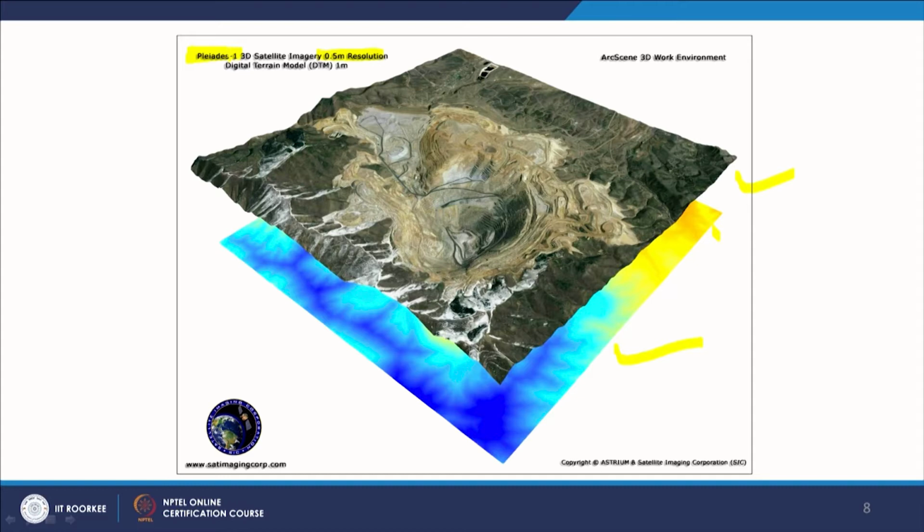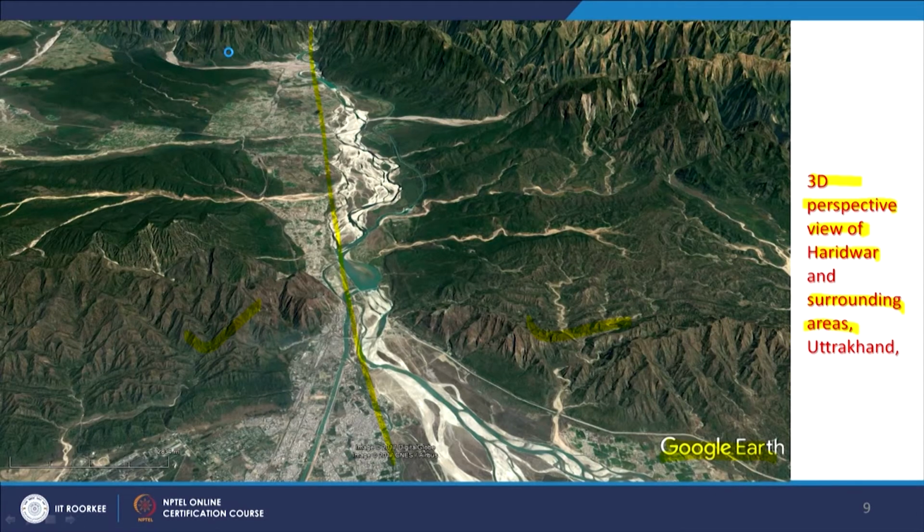And once you have broadly identified a location, then a detailed view can be generated with high spatial resolution and high digital elevation models for that particular area where further study can be done. So for a detailed project report or DPR, ground surveys may be required, or new satellite data like Pleiades can be used because it provides 0.5 meter resolution. In that way data can be used, but the initial or feasibility study can very well be done based on 3D perspective views available on Google Earth, and this is what people do.